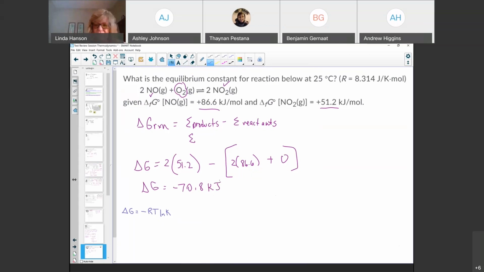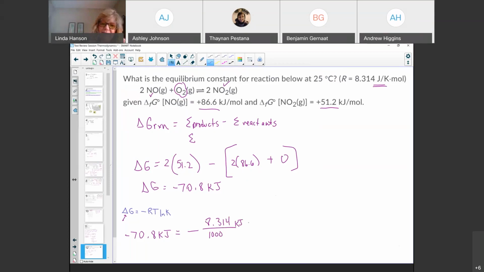And I'm going to pause just to see if anyone's willing to verify that matches their calculation. Oh, cool. Thank you. All right, so now we have the delta G. We know our formula is negative RT ln K. So a good reminder, delta G is in kilojoules, but R is in joules, like entropy values come in joules. So it's negative R, but it's 8.314 over 1,000 kilojoules per Kelvin mole.